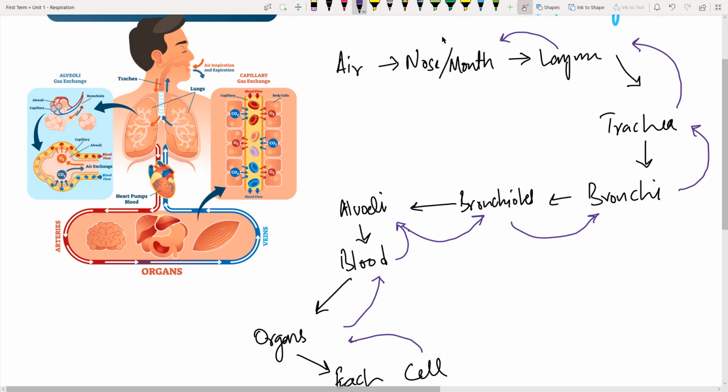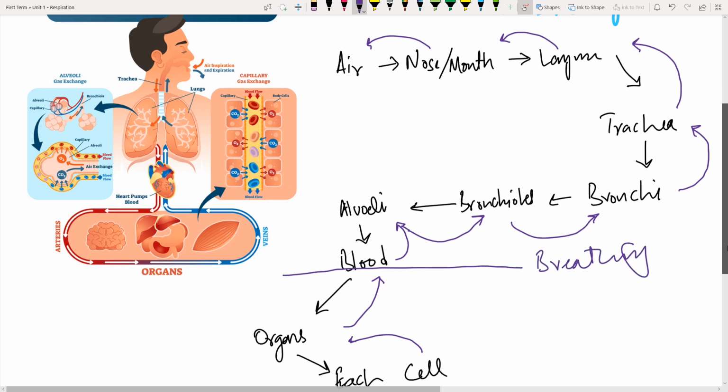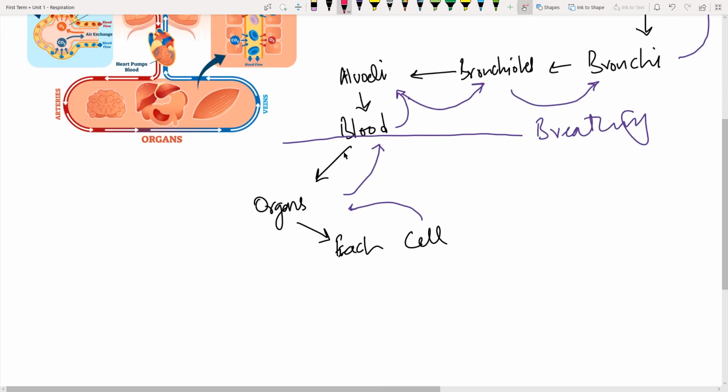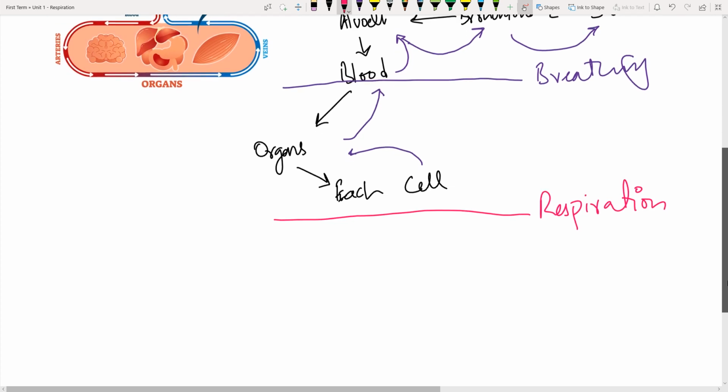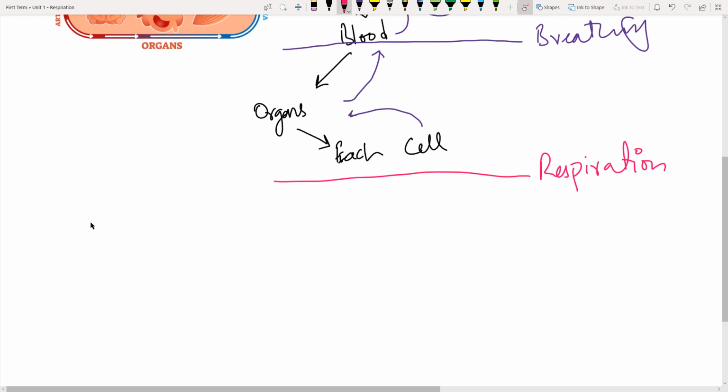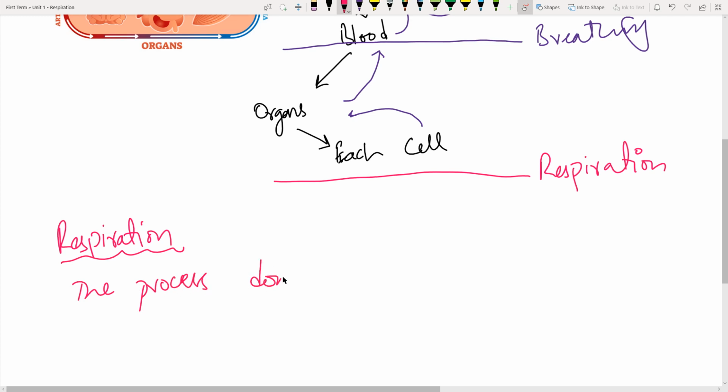So when we talk about breathing, this is where the breathing ends. This is breathing, and now this part is called respiration. And what is respiration? It is the gaseous exchange between the cells, each and every cell, and that gaseous exchange is the process in which energy is generated. So what is respiration? The process done by every cell in the body